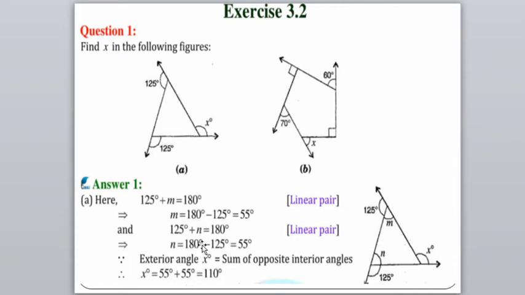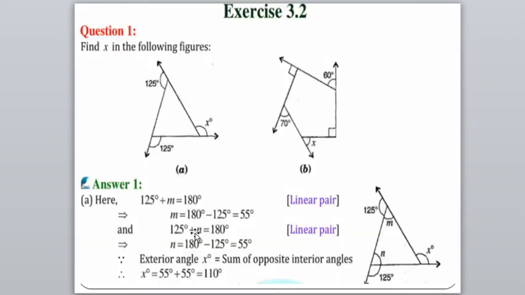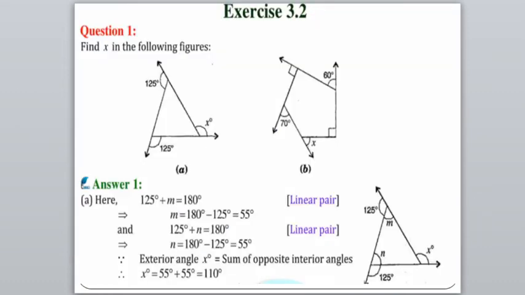So this is another method of finding the exterior angle by using linear pair, and you can apply this method also, that the sum of all the exterior angles equals 360 degrees. So this is one method I have given, and the earlier method which I used in this example, you have to solve by taking the OR option. Then next,